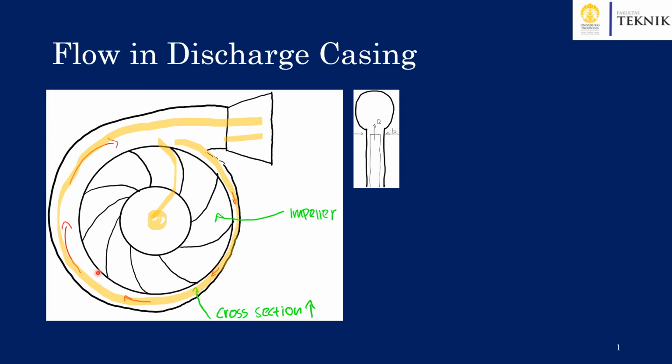So as we know, as the cross section is increasing, the velocity will decrease as the Q is constant, and the velocity has to be smaller as the area keeps increasing up to the nozzle. And as we know, according to the configurations of the diffuser, a pump can be categorized first as